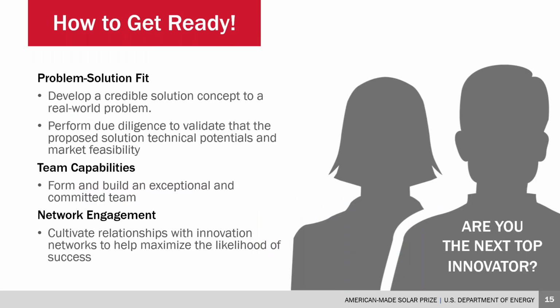So what should you be doing right now to be ready for the Ready contest? You should look at the problem and solution fit. What sort of problem do you see in the solar space, or a problem that you think solar can solve? And develop a credible solution to that problem. Maybe do some due diligence to validate that the proposed solution has technical potential and market feasibility. Maybe look around, form a team, see what expertise you need, and really work on cultivating your network. And we have resources available to help you with all of these things. But if you can focus on these three things, you'll be really successful in the